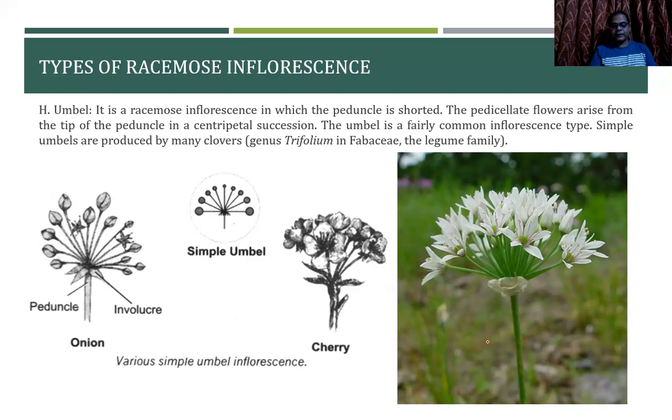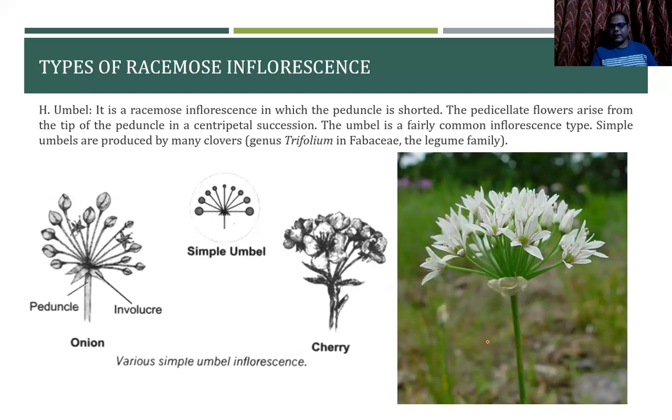panicle kind of inflorescence, it said that when a raceme gets further branched, it forms the panicle inflorescence. Now, when an umbel gets branched, it basically forms your compound umbel. This is how we can remember the inflorescence type, because in many cases, many students of botany forget the kind of inflorescence. That is how it will be easy to understand the structure of the inflorescence and how to remember the